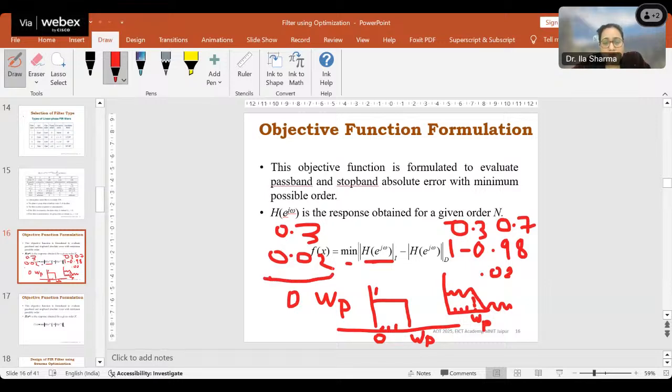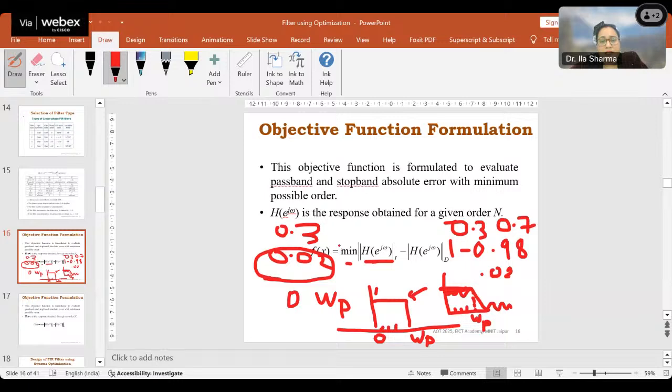So error is minimum, meaning our design filter is becoming nearest to the ideal filter, isn't it? That is our requirement, that is our aim. I hope I am clear now why we are taking the minimum of this error.